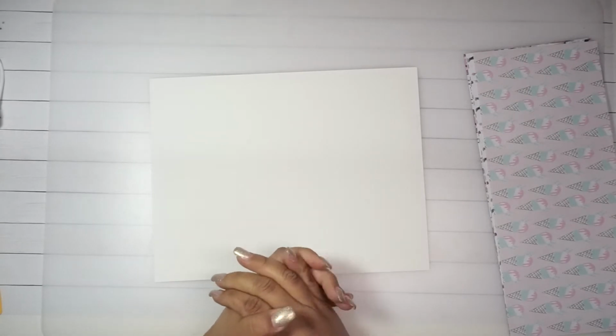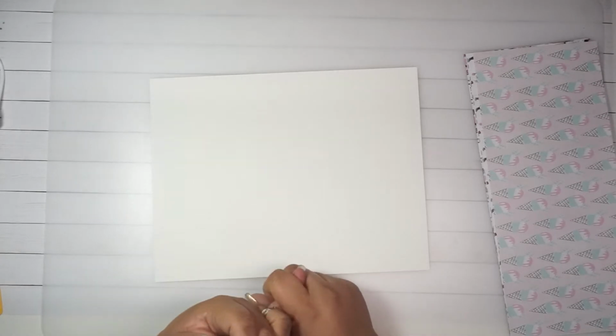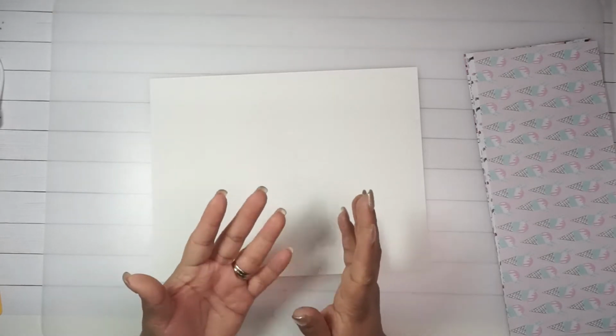So today I wanted to share with you, I'm going to be working on two different sets of Happy Mail that I'm going to be sending out. One person has a Happy Planner, and the other one has a Filofax original personal size. I've never had one of those, but when I connected with both of these people